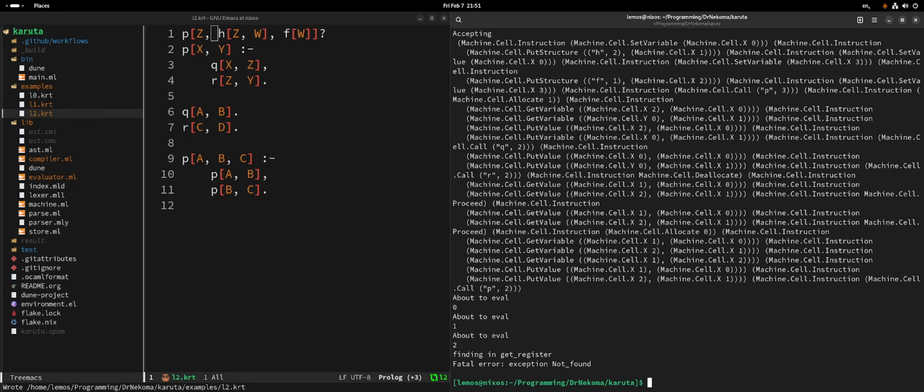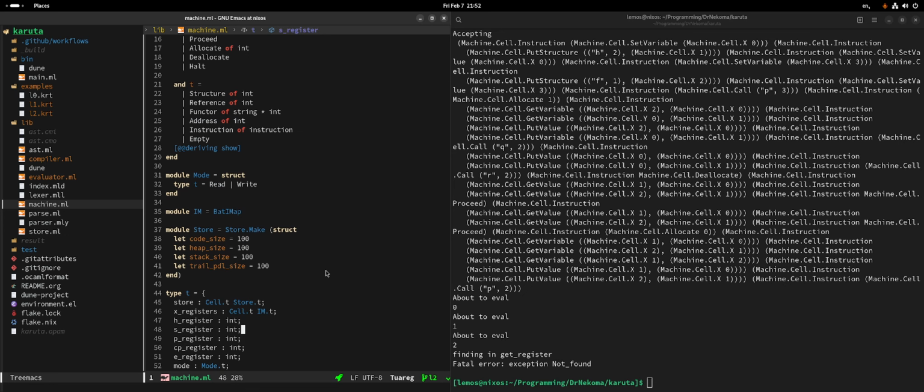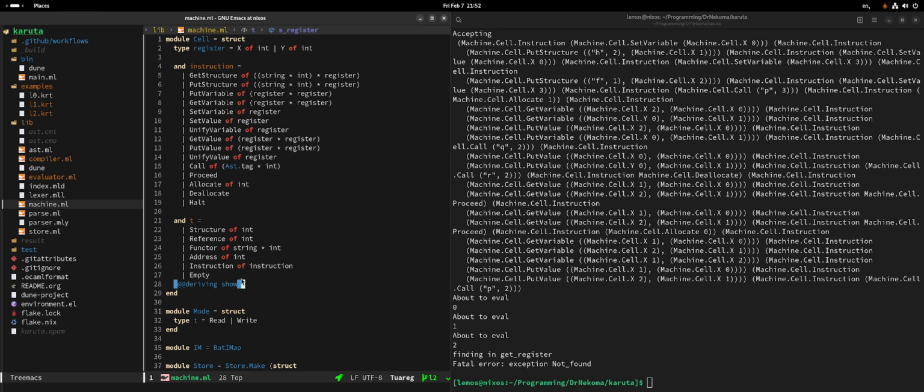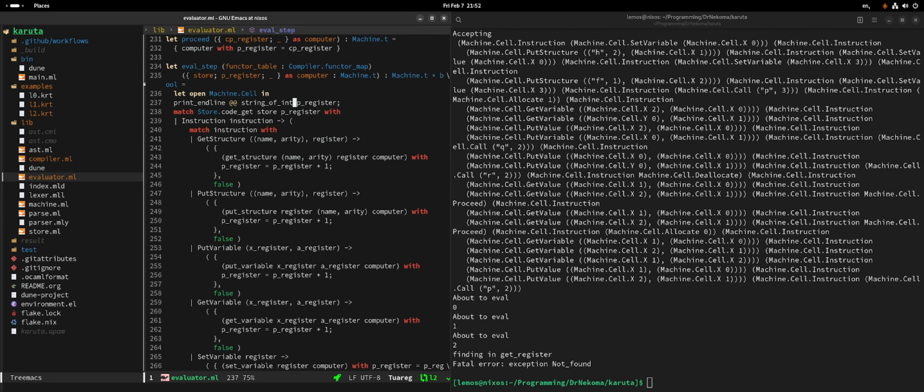Okay, go back to the code, add another print, and this time I want you to print the instruction that we're about to execute. We need to add some ppx because instructions are not printable. Oh no, wait. Yes, we need to do that. So add that. There we go. So you want to print the instruction.